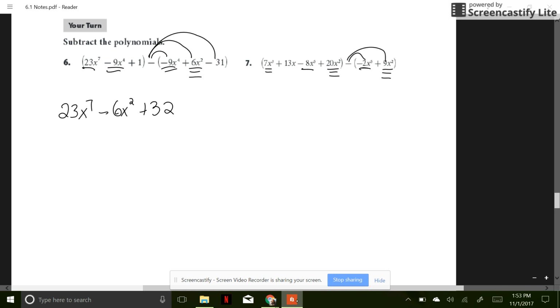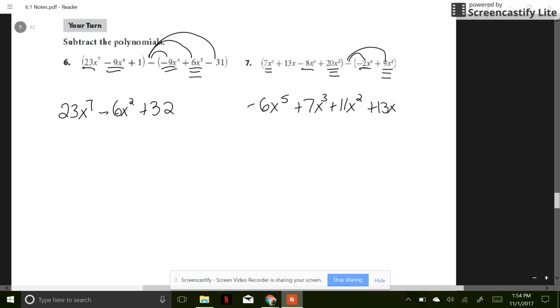So highest to lowest, we've got negative 8 minus negative 2. So that's negative 8 plus 2 gets us a negative 6x to the 5th. Next term here is our 7x cubed. That's all alone, so it's going to stay the way it is. And third here, we've got 20x squared minus 9x squared would get us 11x squared, and then that lone 13x